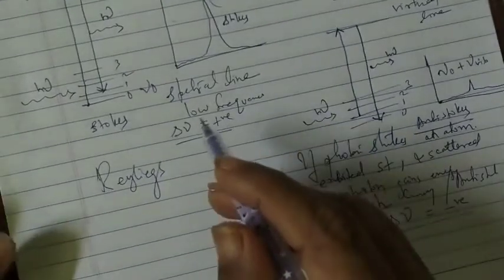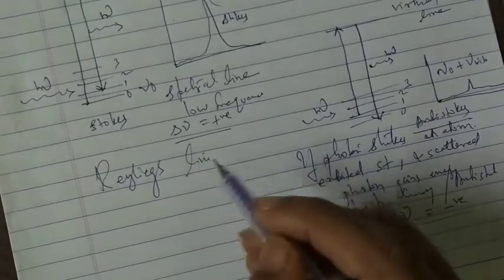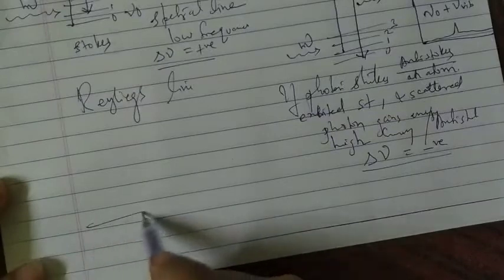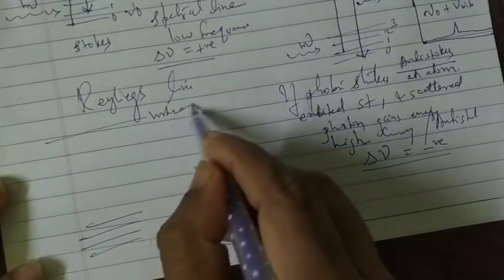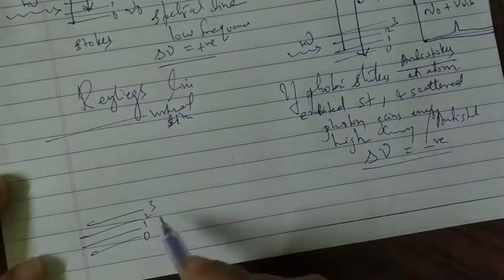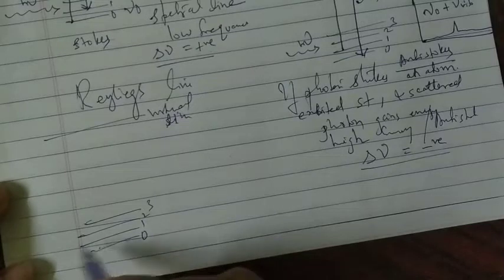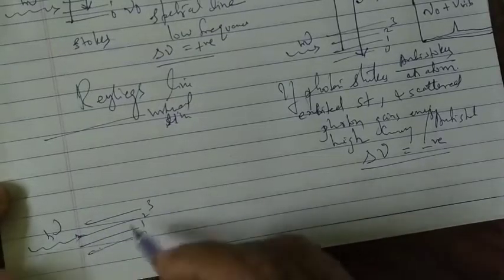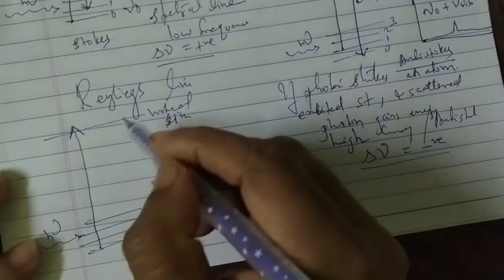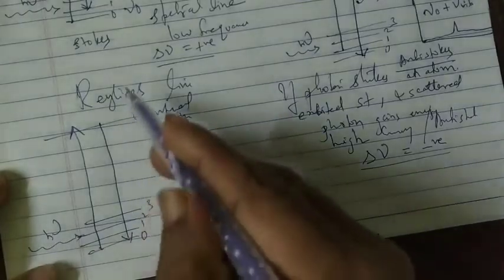In Raman spectroscopy we learn about the Rayleigh line. So what is this Rayleigh line? Again I will draw it here. See the difference, 1 2 3 4, and this is a virtual line here, the excited state. Here also 1 2 3, nu 0. Here what happens is, from the incident light, it goes from 0 to the virtual line, and while coming back from here to 0 it comes back like this. So this is the difference between the Stokes, anti-Stokes and Rayleigh line.